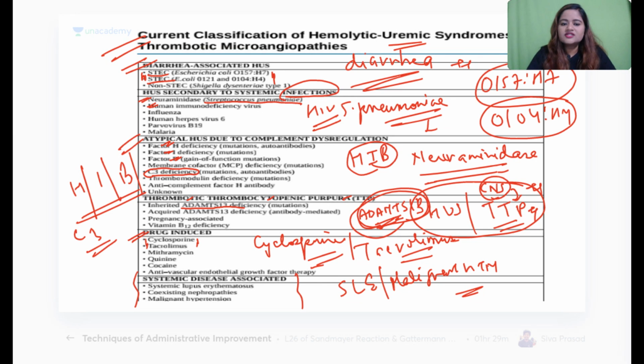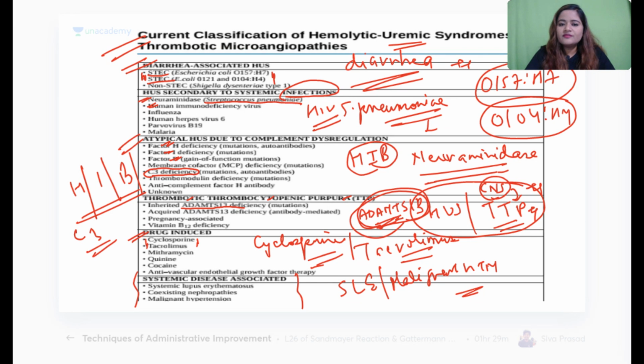These causes include Streptococcus pneumoniae infection, also HIV infection। So Streptococcus pneumoniae के ऊपर question जो आता है, that is the neuraminidase part। So neuraminidase presence की वजह से Streptococcus pneumoniae can lead to your renal injury। Apart from this, you also have the complement dysregulation। So complement में factor H, factor I and factor B, HIV। Apart from this, C3 deficiency। These are very very important causes of leading to HUS, which is atypical presentation। इसको हम familial HUS भी कहते हैं।